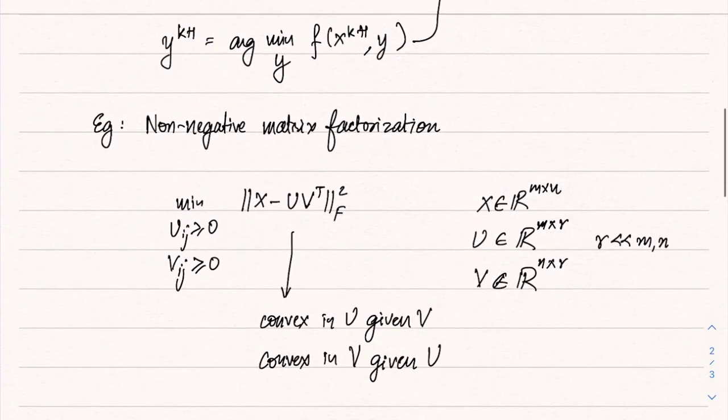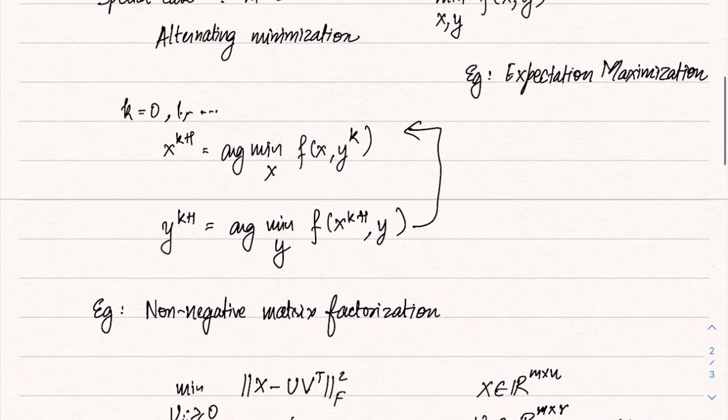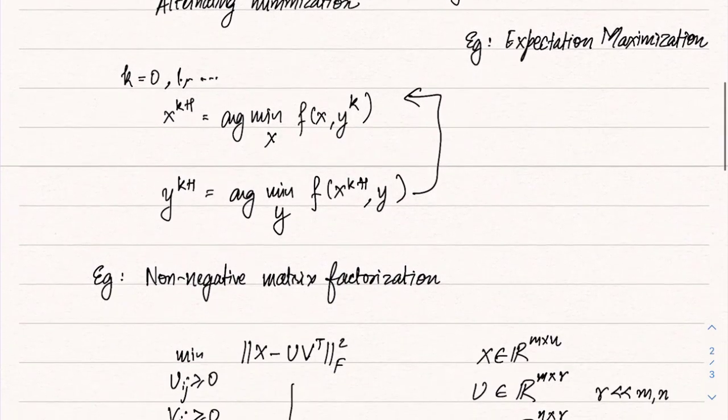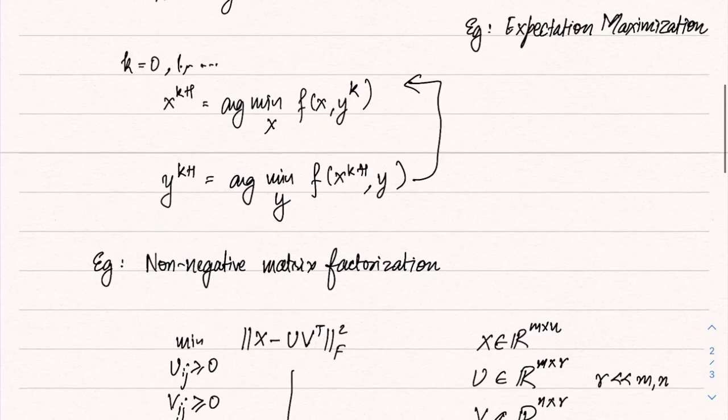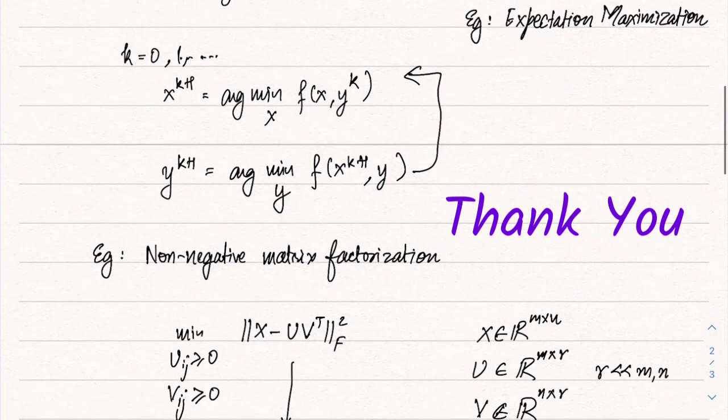You just minimize with respect to U and V alternatingly, and continue that, and it converges very fast. There is also a lot of analysis of this algorithm now, and I will not cover the analysis, but needless to say, it is a very popular algorithm. So if you see a block convex optimization problem, this is really the first thing you can try and see if it works. If it works, then pretty much you are done. So it is so widely used.